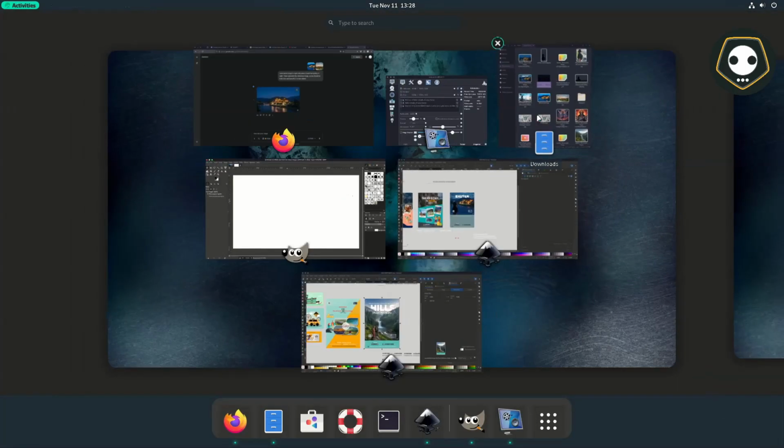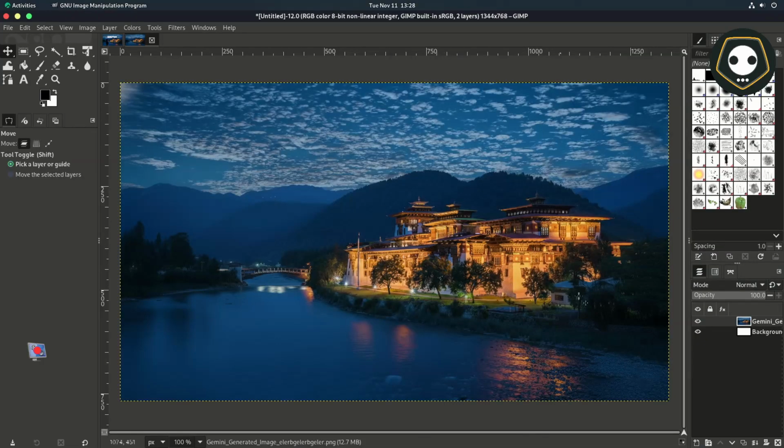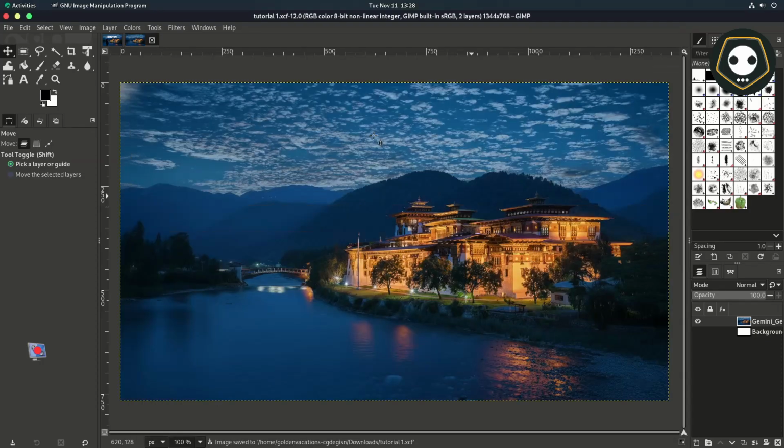I like this image. This is the same image I uploaded in Gemini and saved as a file before starting my work.